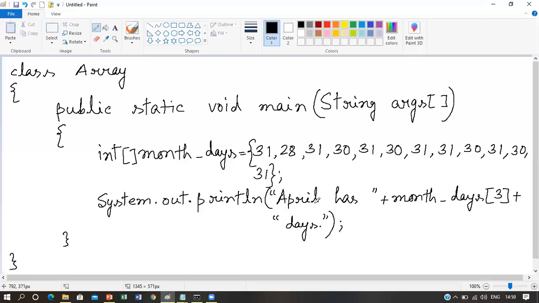And then if you want to write the same thing within a system.out.print statement, you can do. This will give you the same output that we have seen in the last program. So monthDays[3] will give you this value, because April month has 30 days in it, so it will give you "April has 30 days." So this is the same program that we have done in the last program. This program will give you the same output, but with a different approach, where we have shown how arrays can be initialized whenever they are declared. So this is how we can initialize an array whenever it is declared.